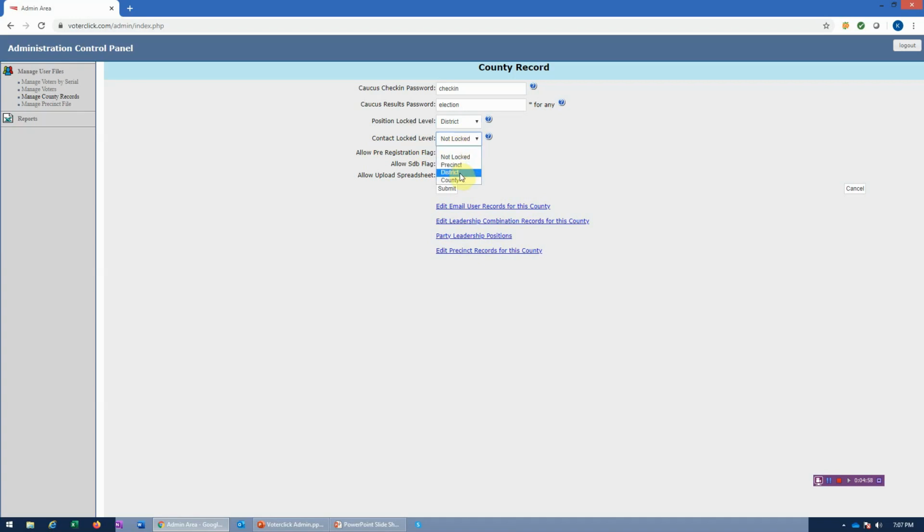If you set this to district, then no one below the county, or everyone district level and lower, is locked out of making these changes. Now these flags, if you are setting this up for the precinct caucus, this is whether you allow pre-registration for